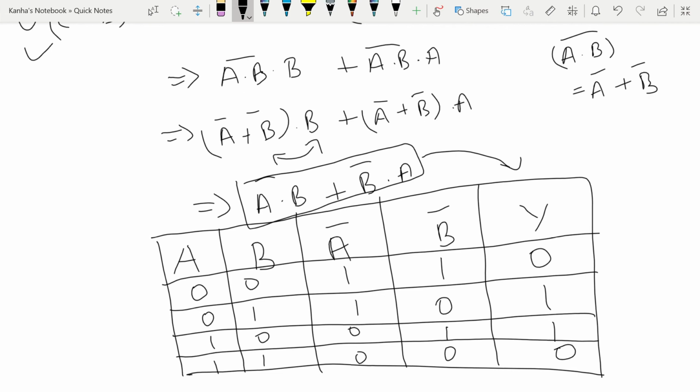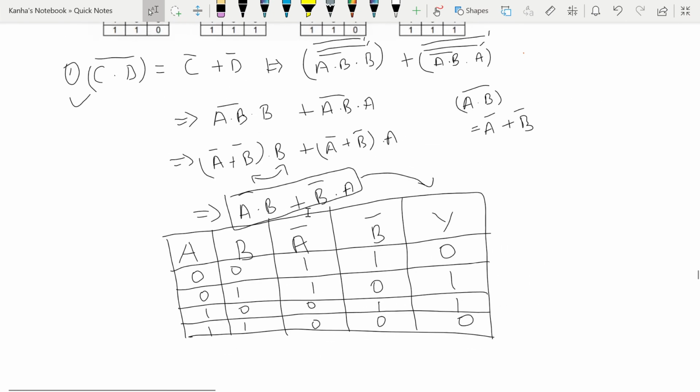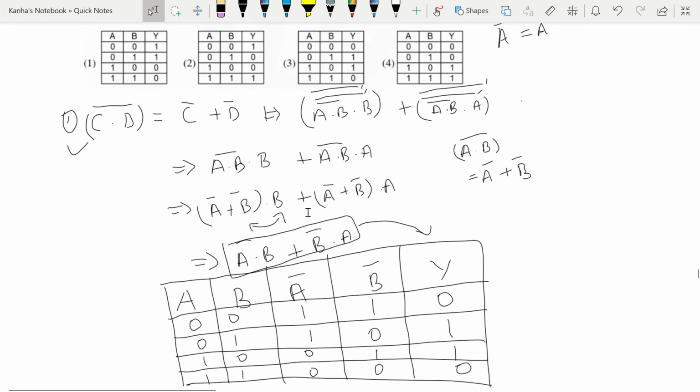When you look at the table above, which of these is correctly corresponding to it? For the 0 0 case, you should get 0. So either 3 or 4 is the case. Next, for the 0 1 case, you have the answer as 1. So the second row tells you that this is right and this is wrong. That is why the third is your correct answer.